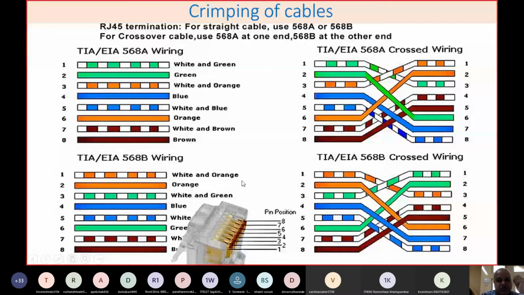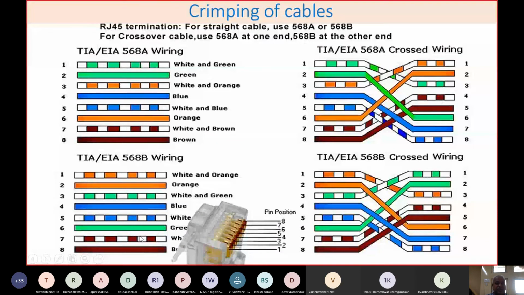If you see the 568A and B standards, you will find there is an interchange of the wires. So if you see this particular blue, in these particular cables, what we will find is that there are actually changes in the wires. So you have to remember this. Whenever you are going for such a type of connection, mostly people will go for this particular 568B.